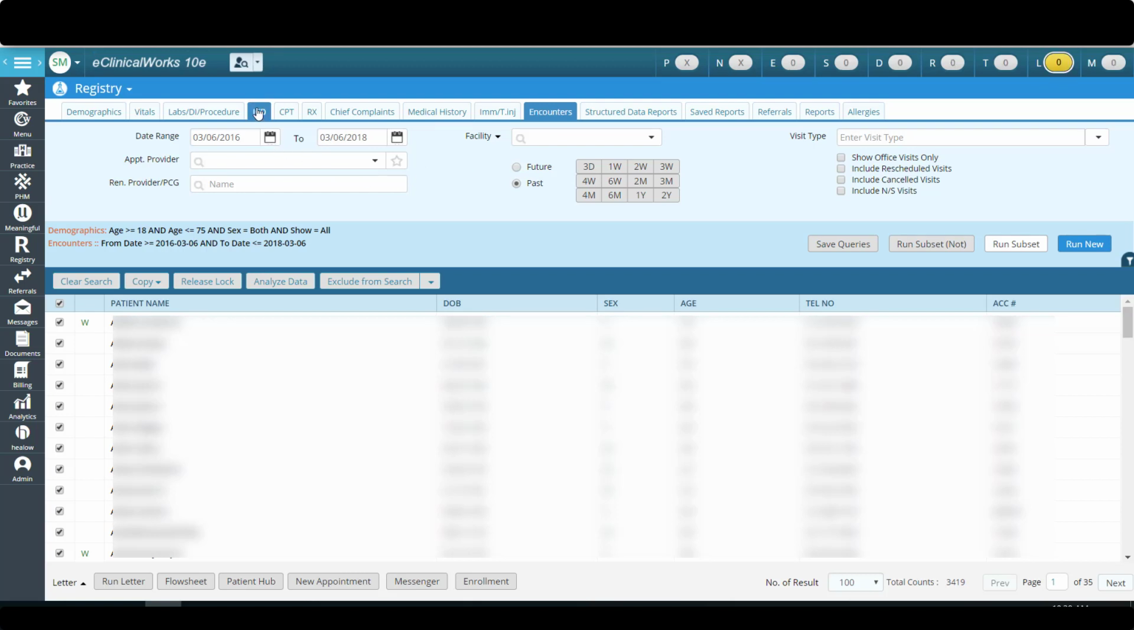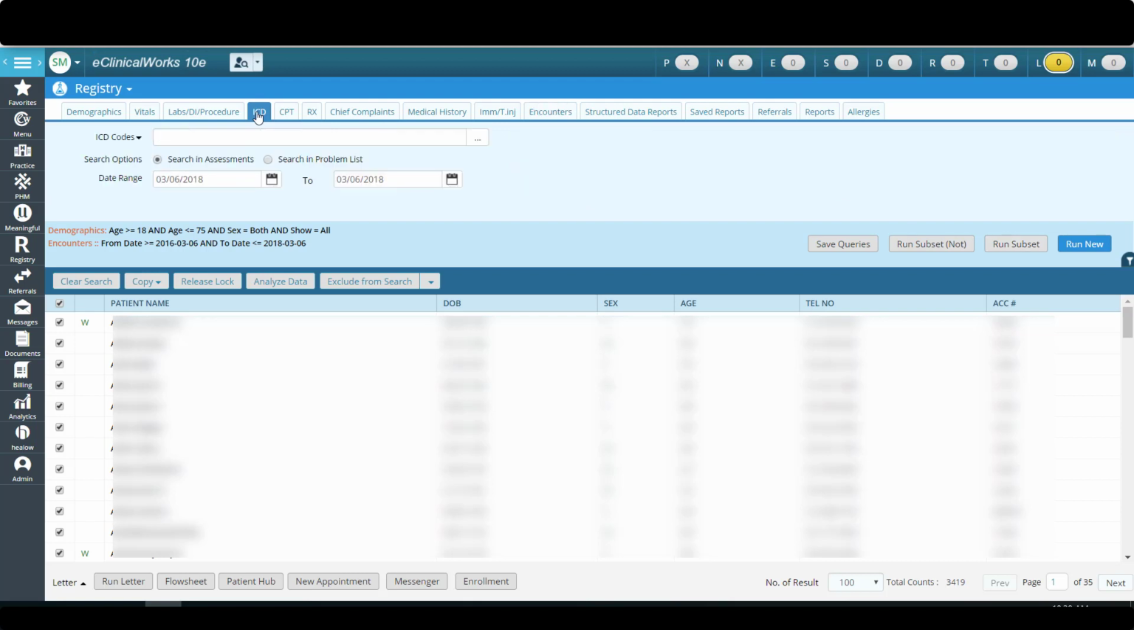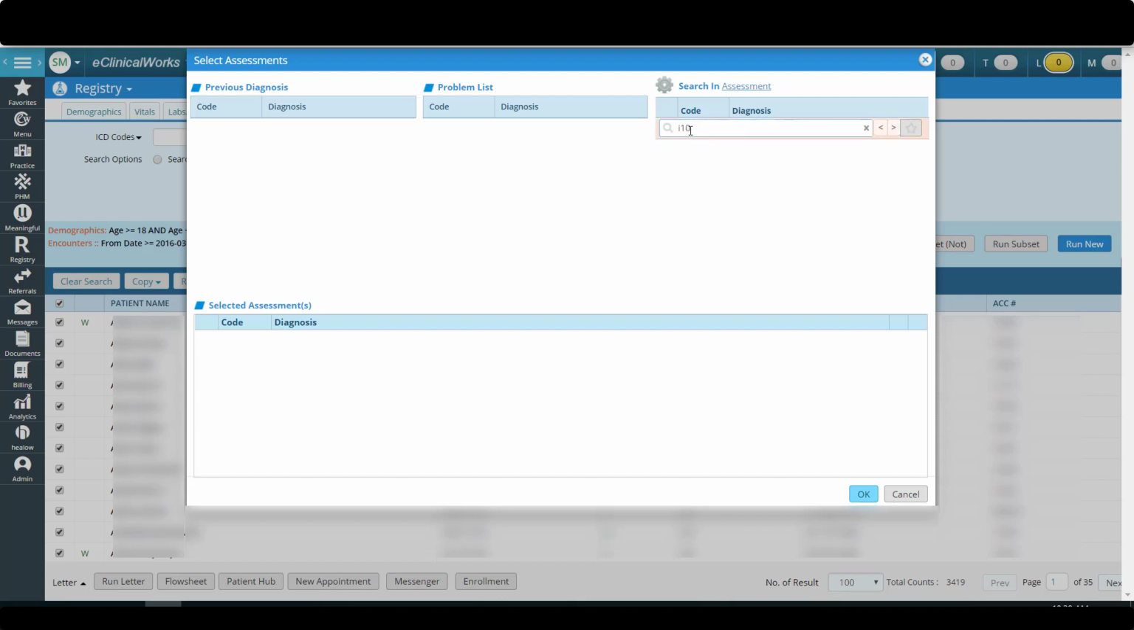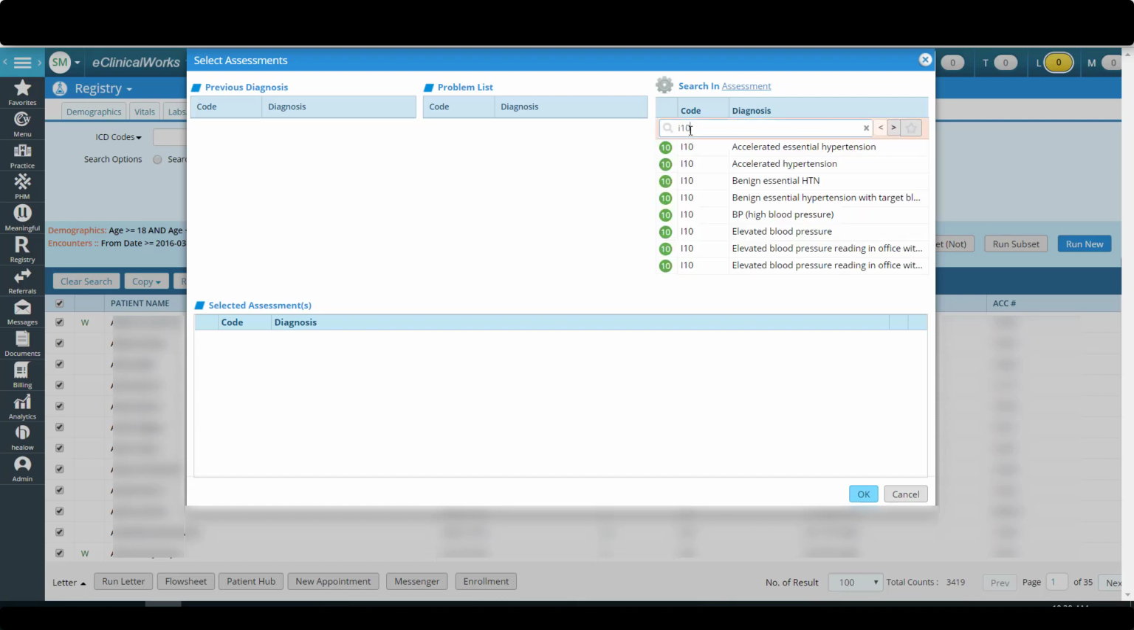So what I'll do is I will go to the ICD-10 tab. I want to search for the hypertension being in the patient's active problem list. So I want to select the Search and Problem List button. Now I want to select the appropriate ICD-10 code. So if I just click here on the ellipses next to the ICD-10 codes field, I will be presented with the Select Assessments button. I'm just going to type in I-10 in the search and select the first one in